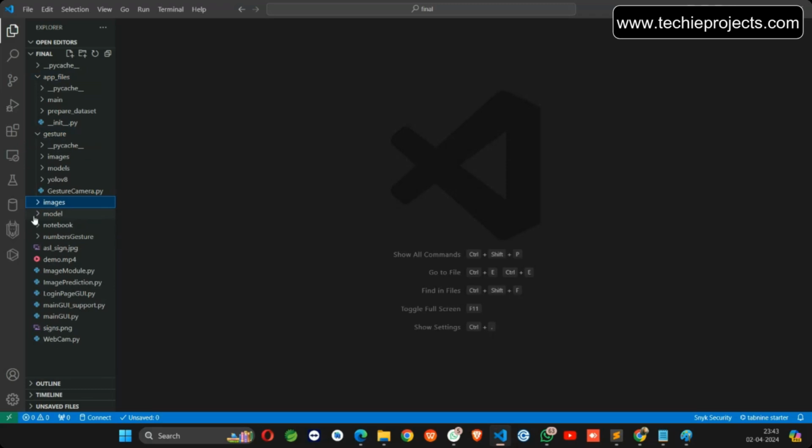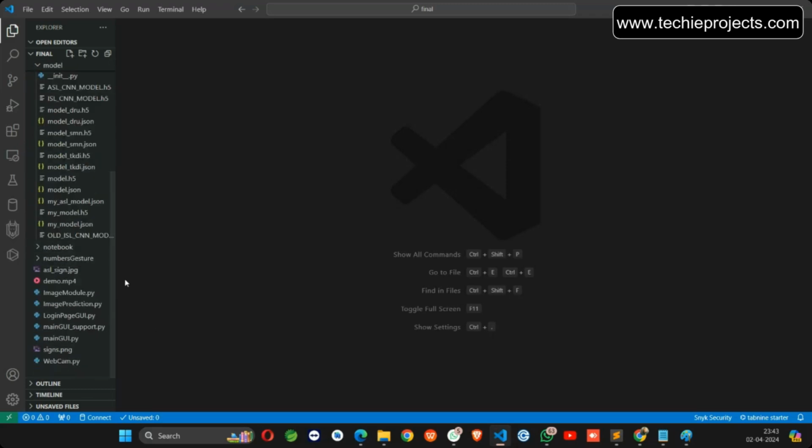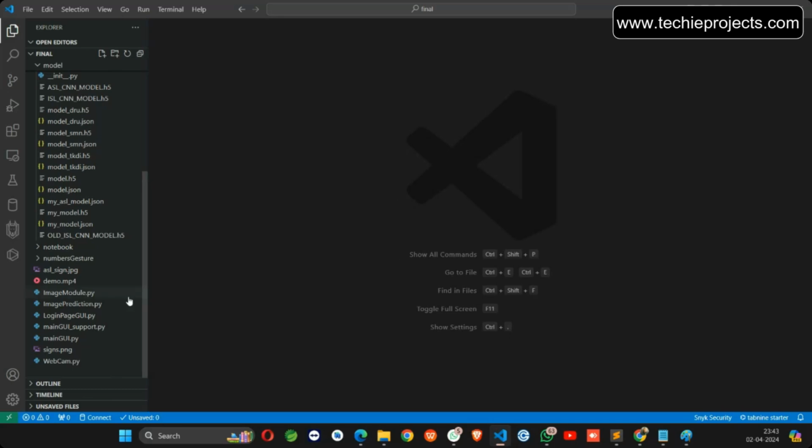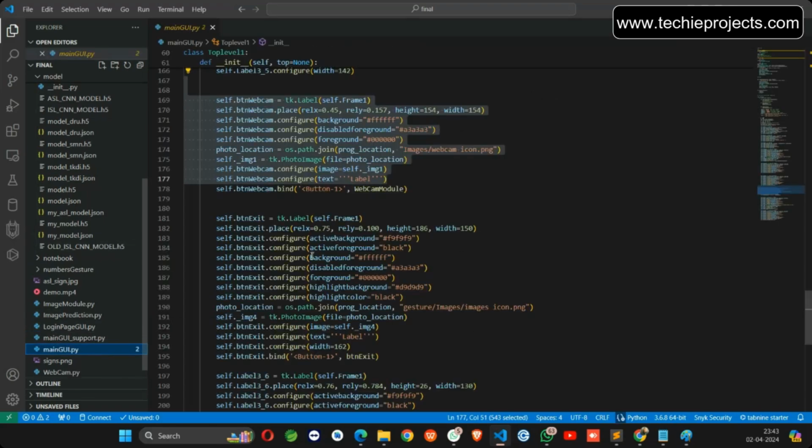For the A to Z and NLP, we have also created the NLP technique, where we just show the gesture, and it will detect the type of gesture and suggest what we are trying to speak. So that is basically done in this